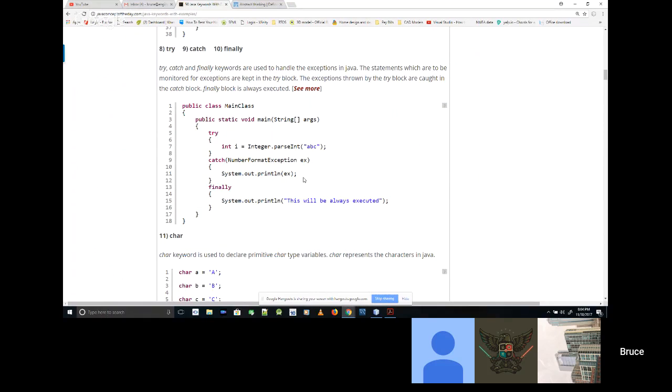So we were talking about the ability to throw exceptions, and we'll go over the throw part, but right now, when you throw an exception, what you do is you try to have something that will catch it and handle it properly. So in this example here, they are trying an operation which might throw an exception.